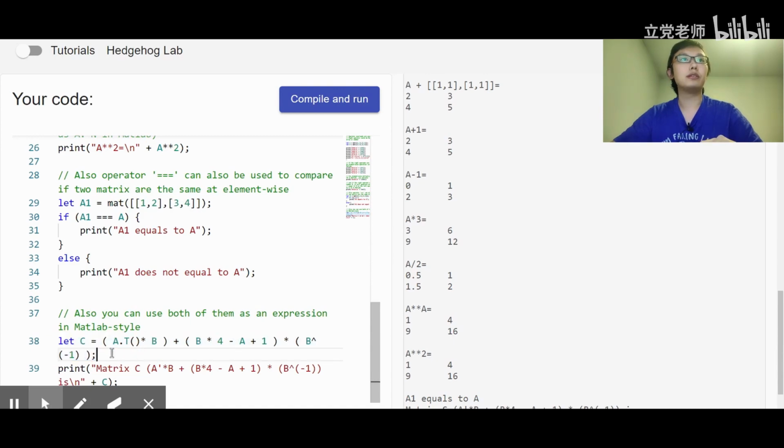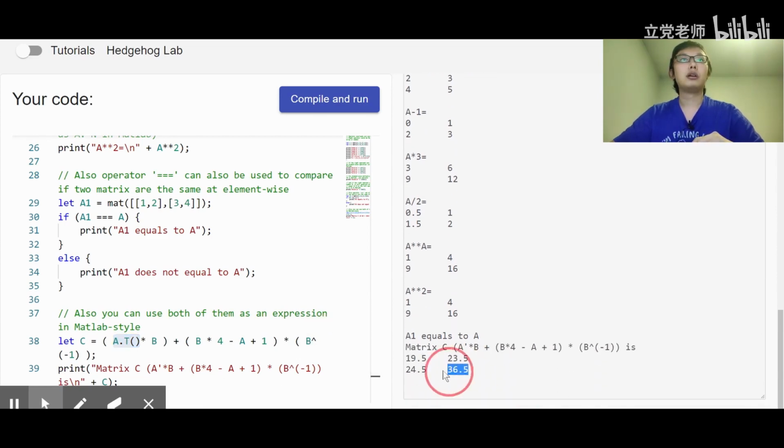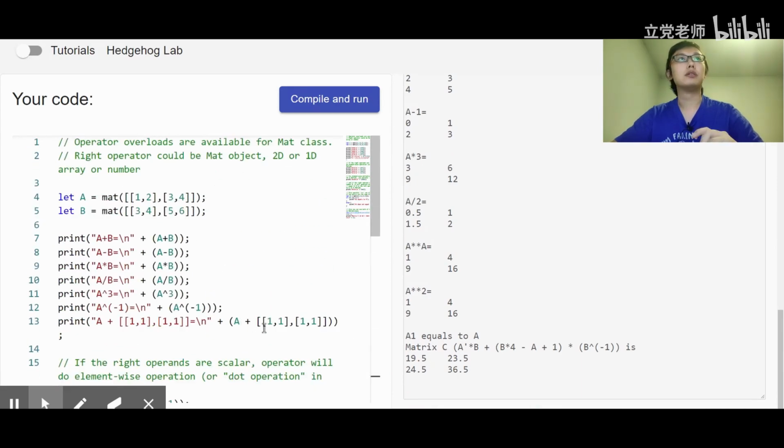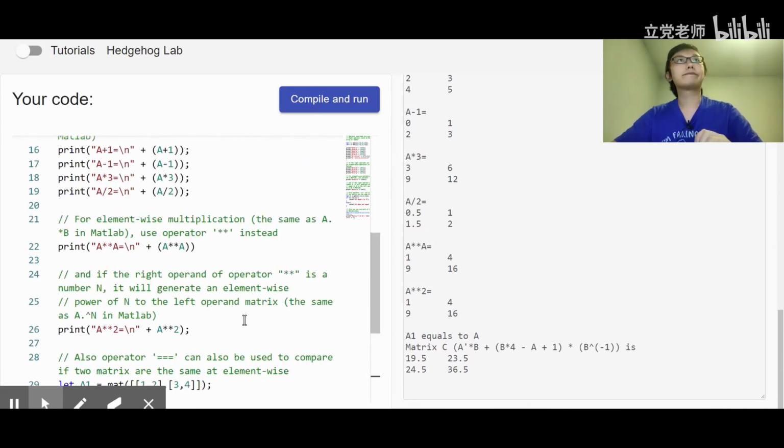And this is an example of a matrix expression, and you can see that it's very complicated: A transpose multiplied by B plus B multiplied by 4 minus A plus 1 multiplied by the inverse of B, and it will show the right result. So these are some basic operators and matrix